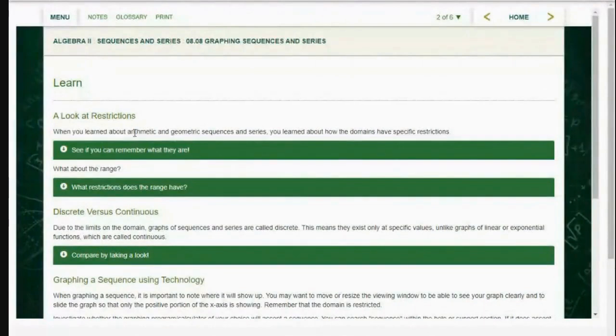When we learned about arithmetic and geometric sequences and series, we learned how the domains have specific restrictions. Remember what we said about the restrictions? We said the range could be anything, right? Because our sequence can have positive numbers, like 5, negative 15, positive 45. We can go either way, positive or negative. There's no restriction on the range. But as far as the domain,